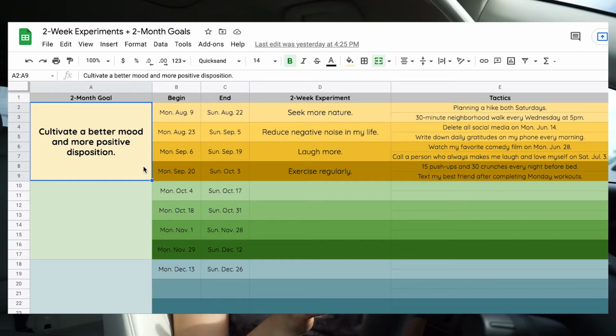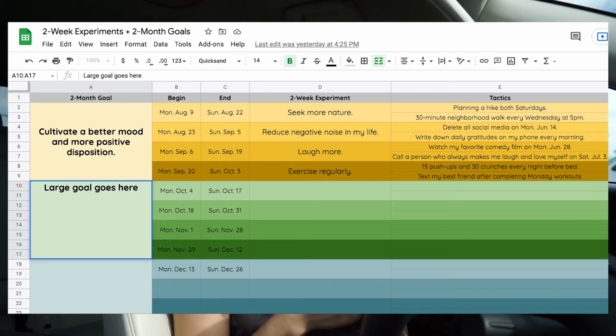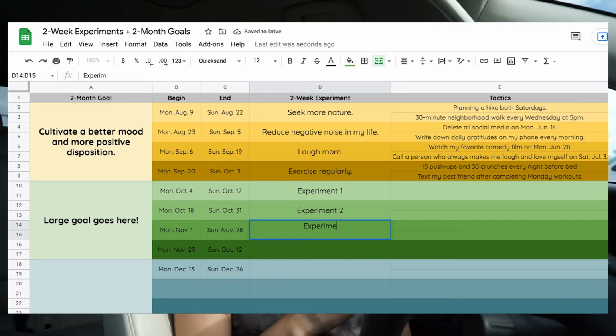In 2 months, there are roughly 4 sets of 2 weeks. If you have a large goal of being more positive, right? The first 2 weeks, you can practice an experiment of walking outside every day because, you know, everybody knows that a good jaunt and some time outdoors can really up your dopamine levels. For the following 2 weeks, you might exercise in the house every day for similar reasons. The next 2 weeks, you might cut out sugar from your diet and see if that affects your ability to feel more positive throughout the day and to avoid those energy slumps that can be quite depressing.